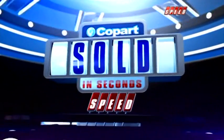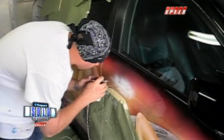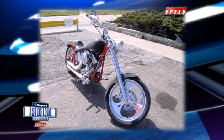Once, going twice. Coming up, enthusiasts might look at cars as works of art. We'll meet one man who takes it a step further. And the 2006 GTM Chopper is ready to fall under the gavel. We'll see the outcome of the second